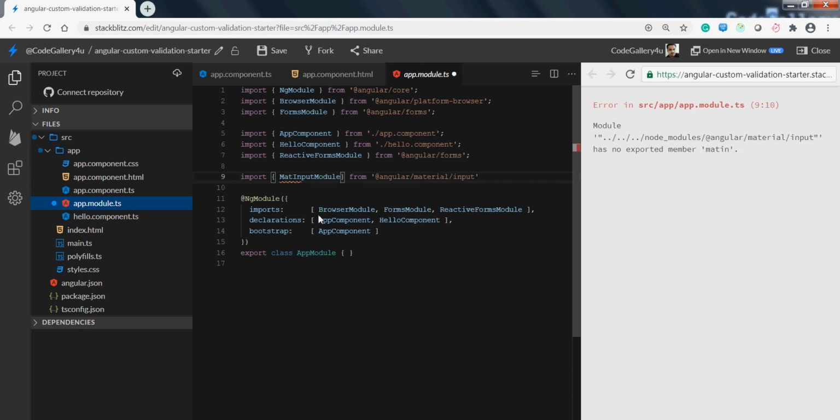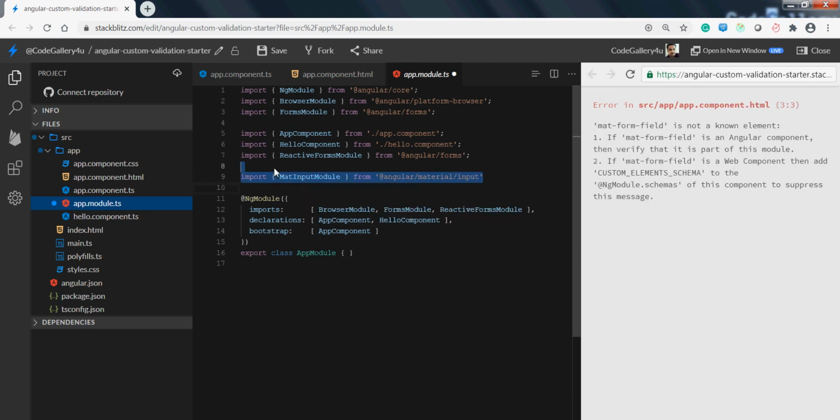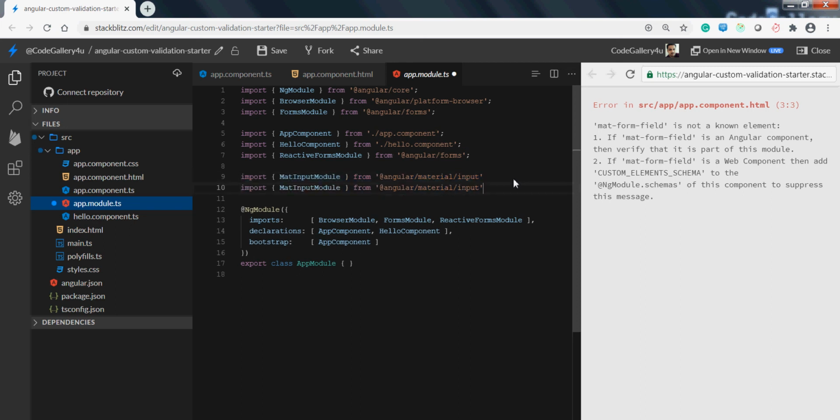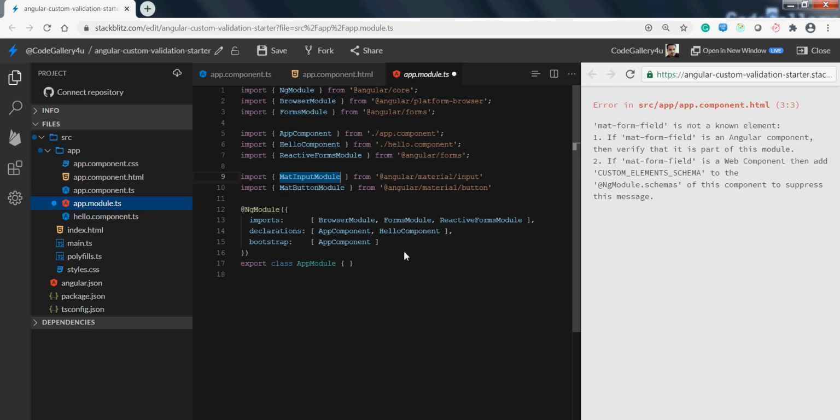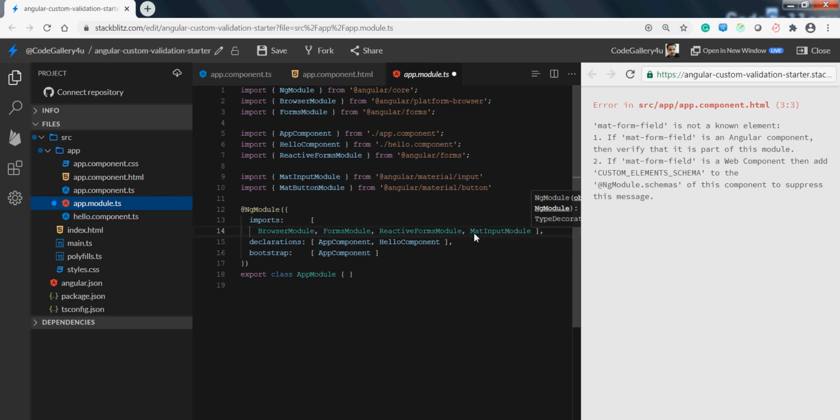For the input we need to import the MatInputModule, and we have used mat-button here, so we need to import the MatButtonModule as well. We have imported these modules, and we need to declare them in the imports array. Now you can see that we have declared them in the imports array.